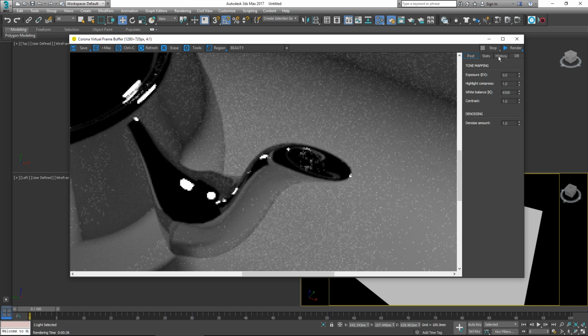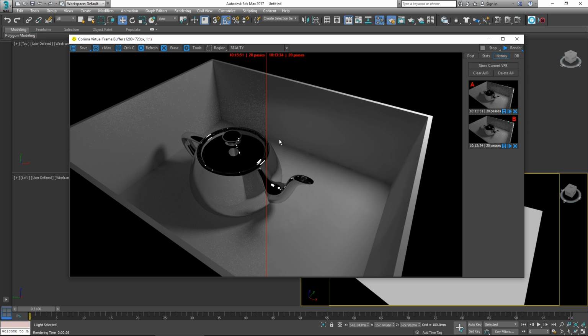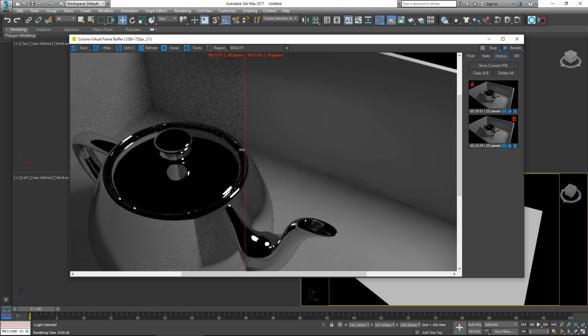And for comparison, I have here in the history, let's just store this one, set this to A and B. A is in fact the full denoising versus the firefly removal only. So you can see that much of this noise, which you may think of as fireflies, little bright points of light, are actually regular noise,